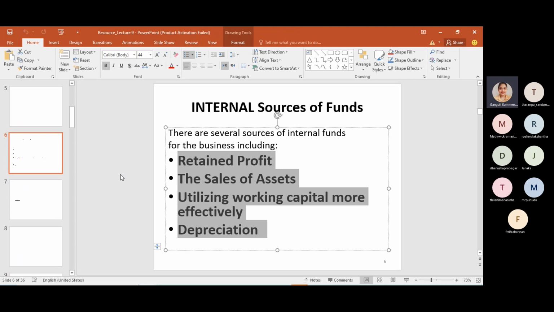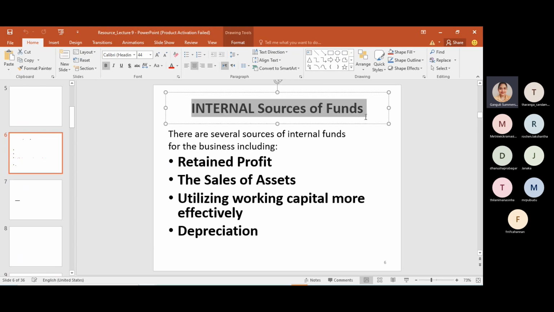Retained profit, the sales of assets, utilizing working capital more effectively, depreciation. Okay, so these are the internal sources of funds. Okay, so internal sources